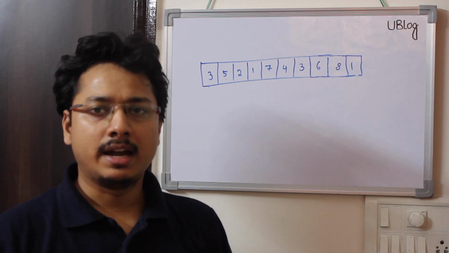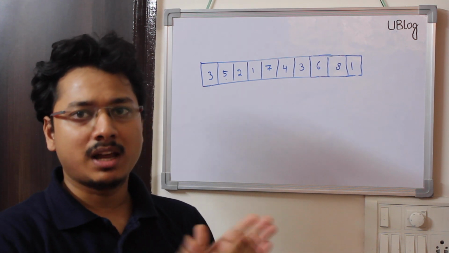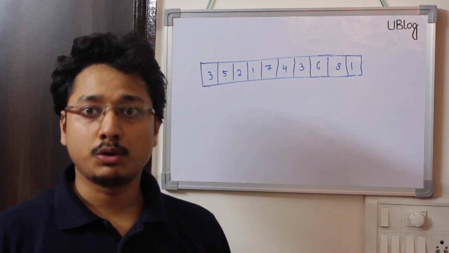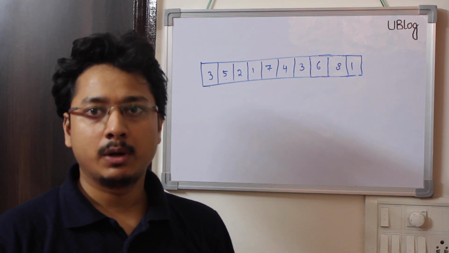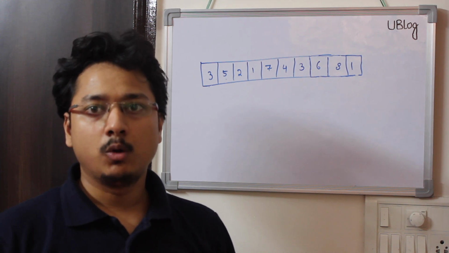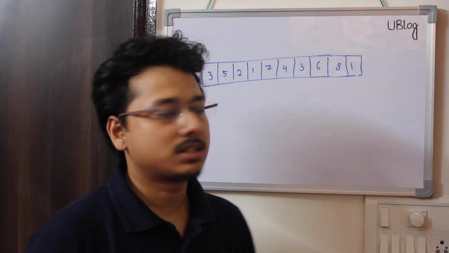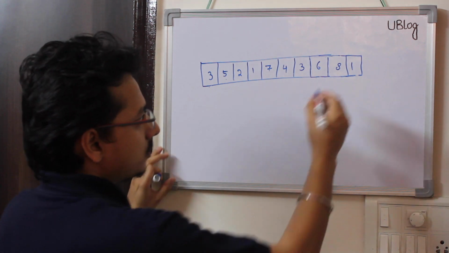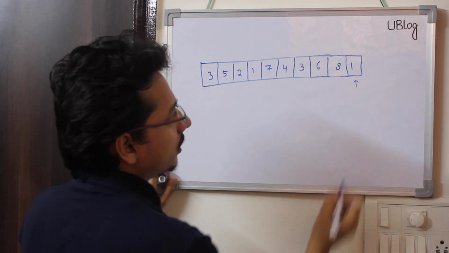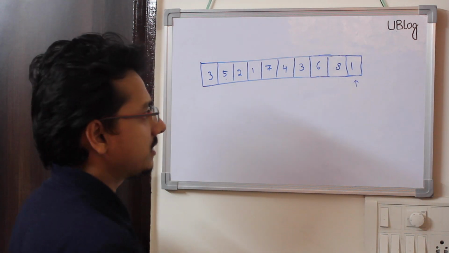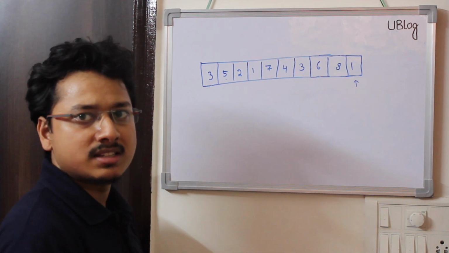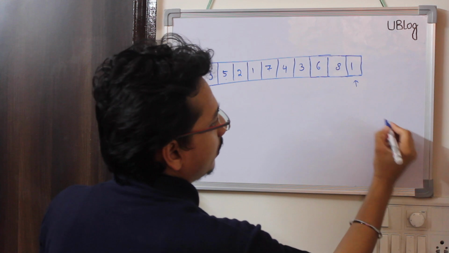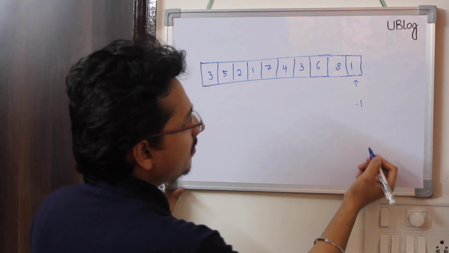the array from the end? What if we try to iterate the array from the last element and try to find a solution? Maybe we can avoid the two loops and be able to solve the question in just one loop. So if we traverse the array from the last, starting from this position, we are at the last index. What will be the NGE for the last index? Since there are no elements on the right hand side, the NGE will be -1. So for 1, my NGE will be -1.